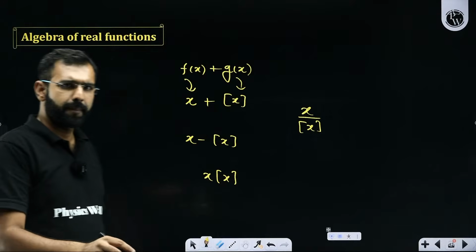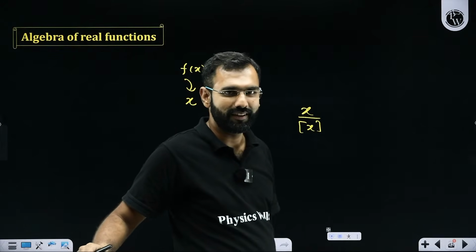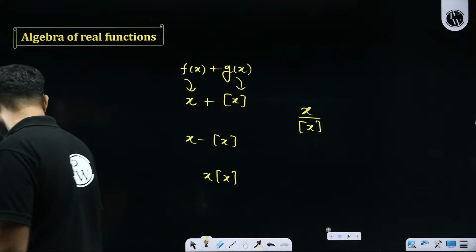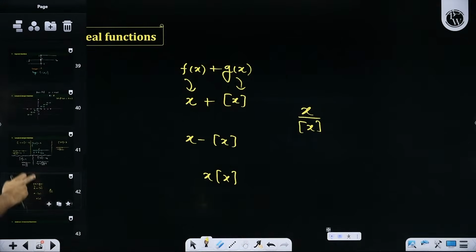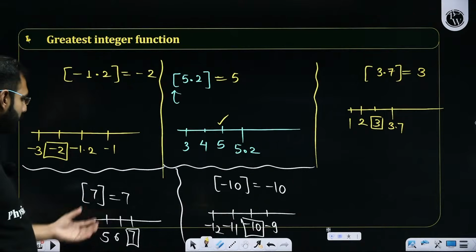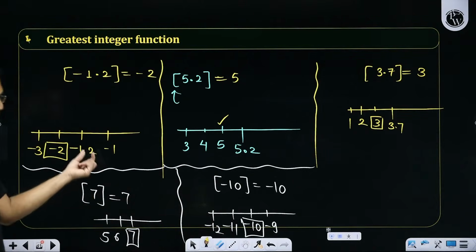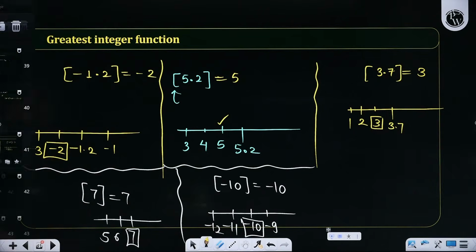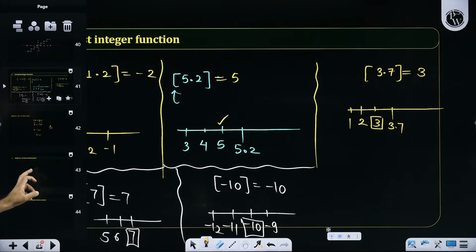But sir, no, Anji, the greatest integer function does not always give you positive values. I think we have already discussed it, haven't we? If you have been watching, I think it produced negative values. It did produce negative values, didn't it? I hope you did notice it. It can produce all the integers, whether negative or positive.